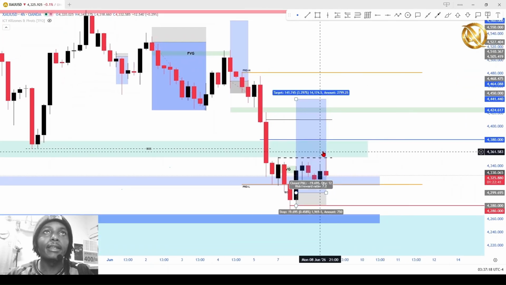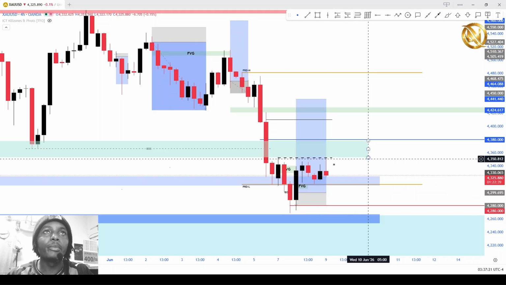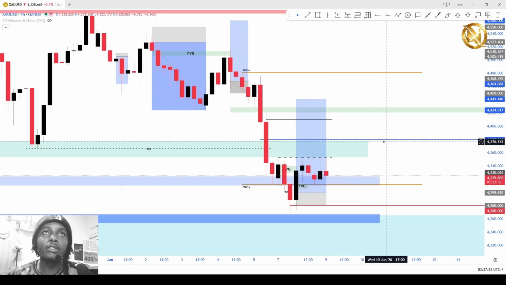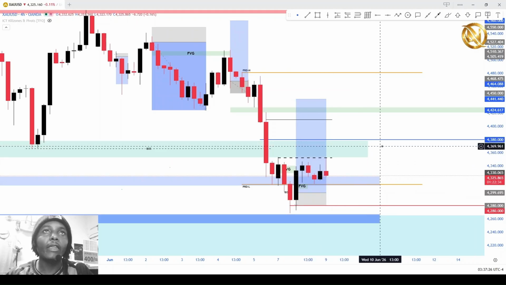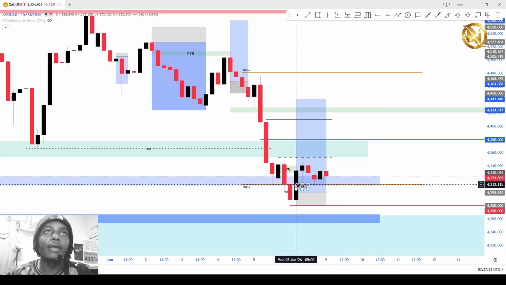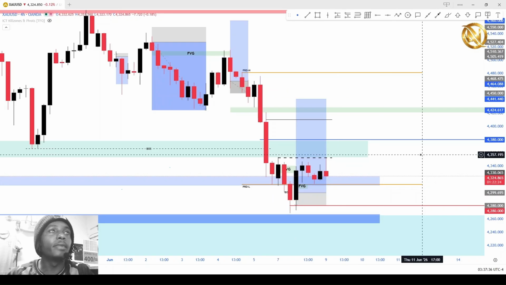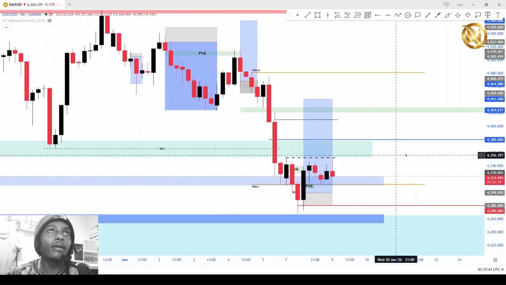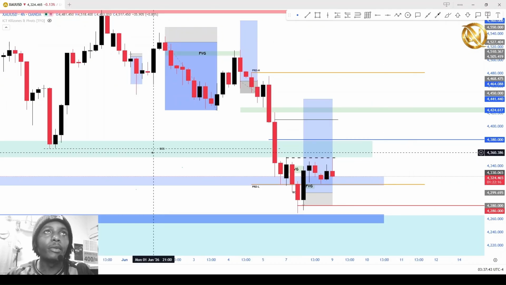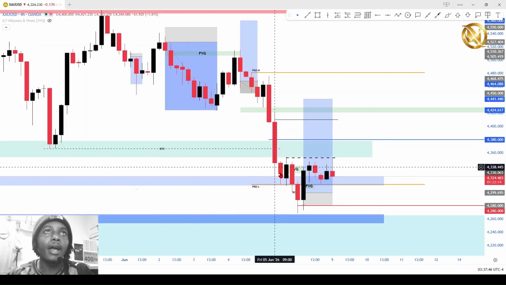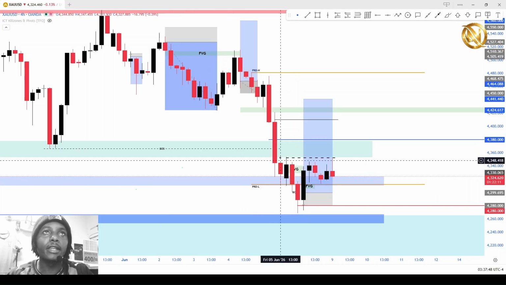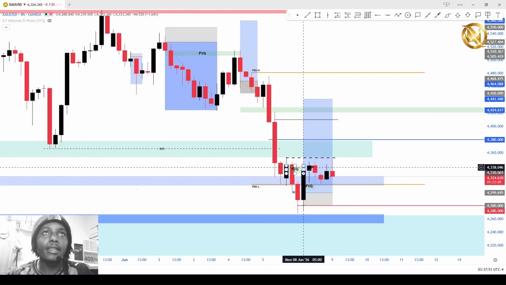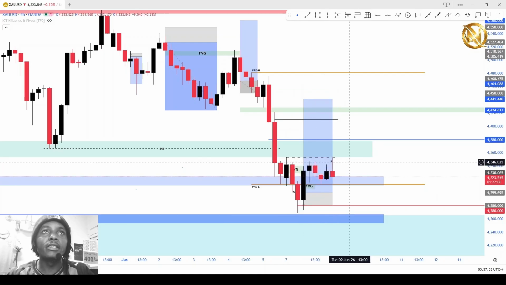And as you can see right now, price is a bit choppy, it's in sideways movement. So in the current trade that is running, what I did yesterday, after I had this engulfing candle, I pressed my stop loss to break even. So after marking this level on the 4-hour and getting to know that after we broke this structure, we had a swing formation around this level, that's why we are seeing price reacting this way at this particular level.